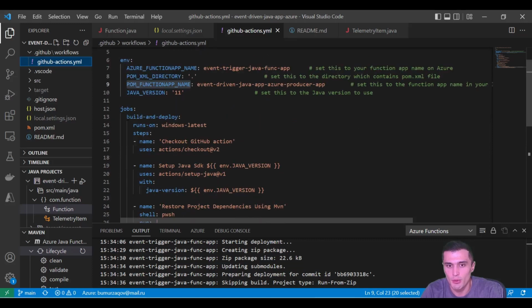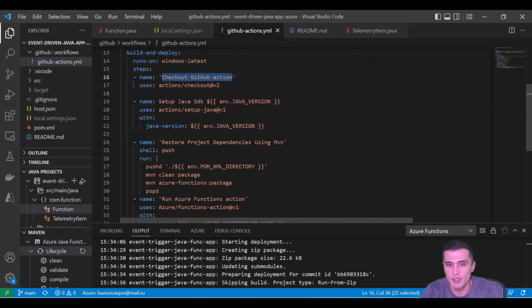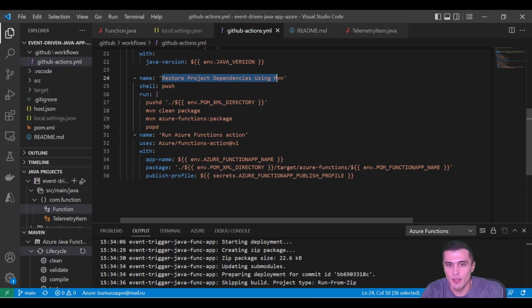Let's say we have several steps happening here. We are first building our Azure functions using the proper Java version, and before that we are checking out the GitHub Actions, and also restoring some project dependencies using Maven. We are also using a special action called Azure/function action that is helpful to deploy the Azure Functions app using GitHub Actions.